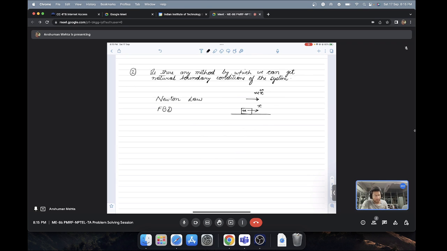So this is just like a natural boundary condition or force condition. But why are we not using it in an academic or scientific way? Because Newtonian law has a lot of problems, because for each particle we have to look at the direction of the forces, and we have to equate them. So it takes a hell of a lot of time if it's not generalized. So hence, for generalization, we use something called Hamilton law